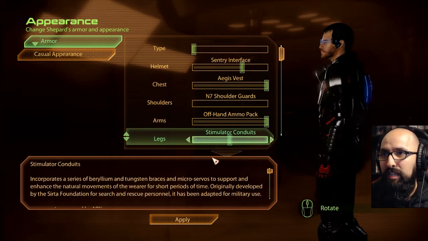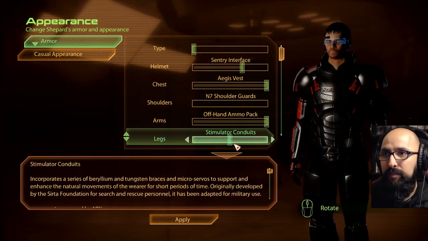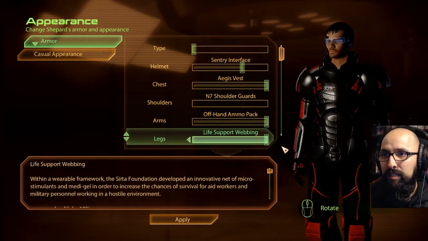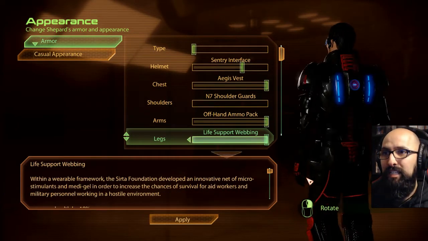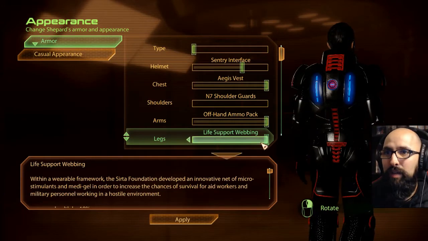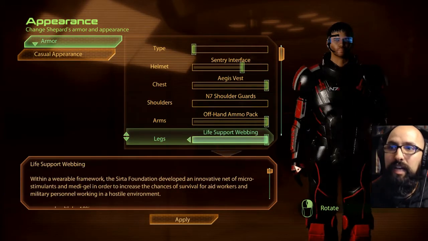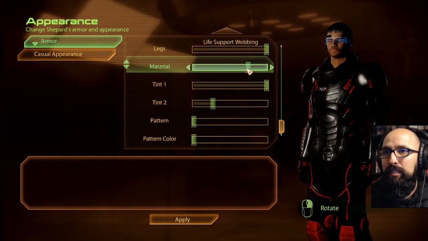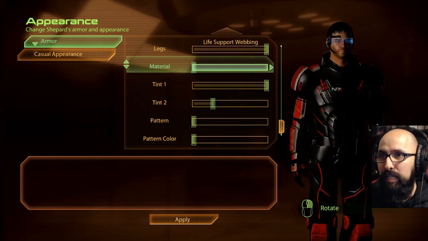The hell? I think the black armor's throwing me off now because I can't see what's going down. Life support webbing. Cool. Okay, well, hold on. I might do life support webbing just to see what it looks like on the field. Yeah, let's do that. Okay. Whew. Material. Probably doesn't. I like the shiny stuff, but I'm having a hard time seeing what's going down, so